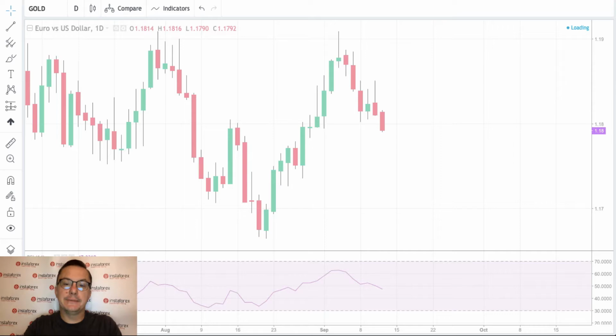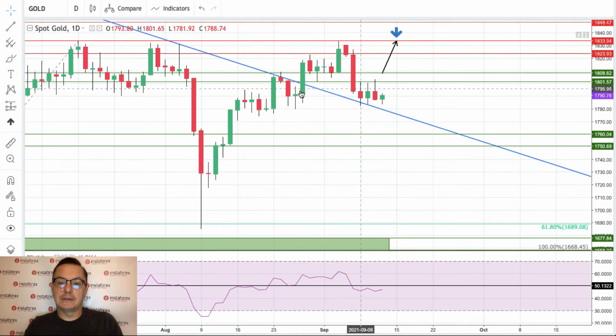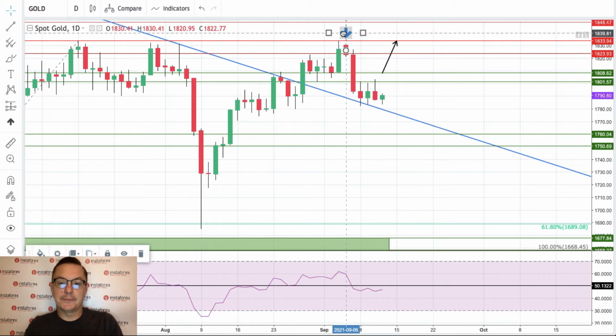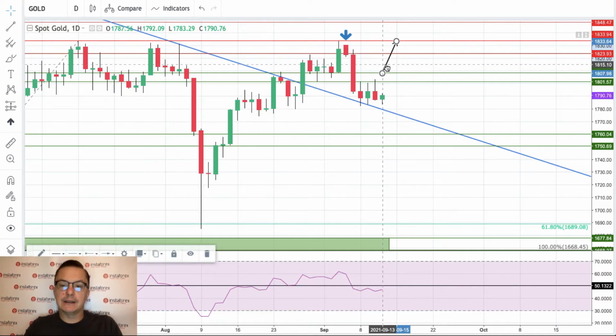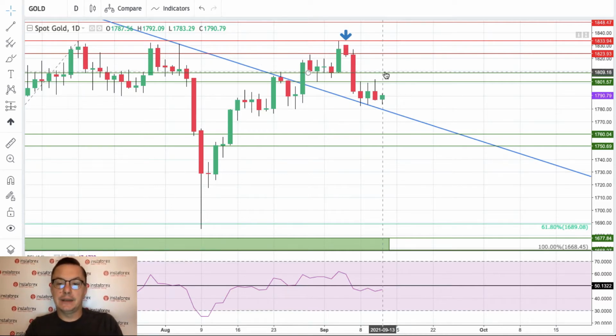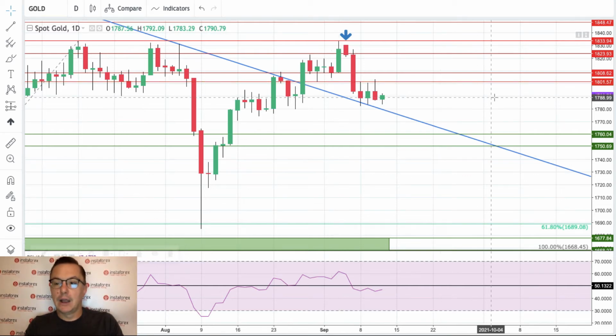What is gold doing? Well, the gold didn't actually follow our scenario as well, because of course we hit the level of 1833. So the key technical resistance has been hit, the key target has been hit, but there was no follow through. So right now we are removing our scenario to the upside. We are changing our levels from the technical supports now to the technical resistance, and those levels are 1808 and